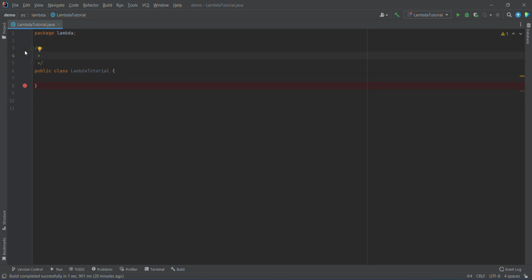Hello guys, in this session I'll start with one of the very important features of JDK 1.8, that is static methods. This is the enhancement, we can say, static methods. Okay, so let's talk about it. What is a static method? As you've seen, guys,